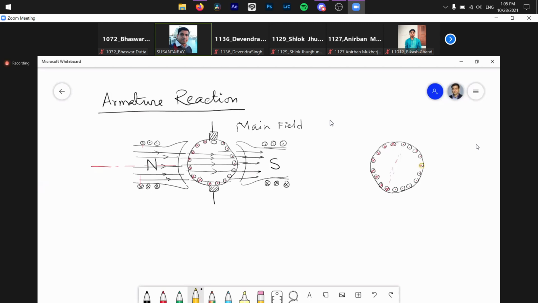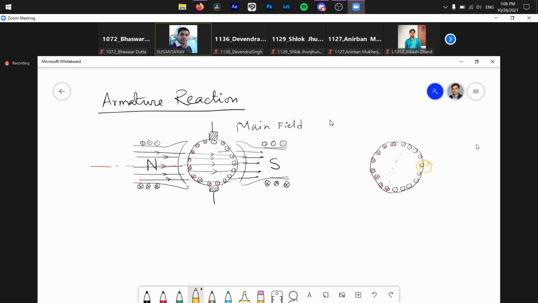According to the right hand corkscrew rule, as it is a dot conductor, it will generate an anti-clockwise direction of field. Because it is a dot, that means towards you, from the surface towards you. So you have to rotate the screw in anti-clockwise direction, then the screw will come out towards you. In this way, the magnetic field also will be generated.